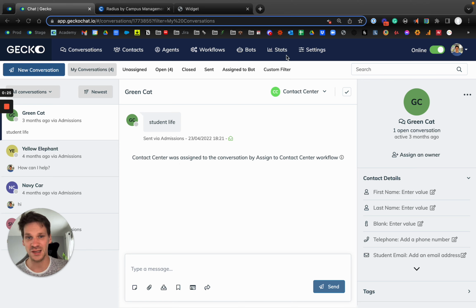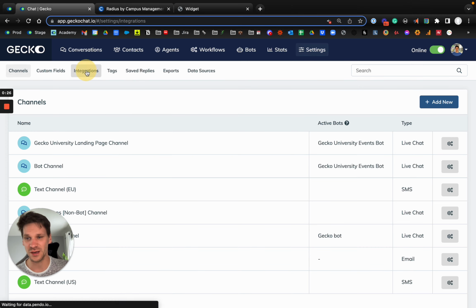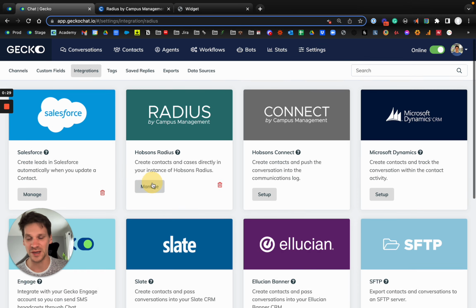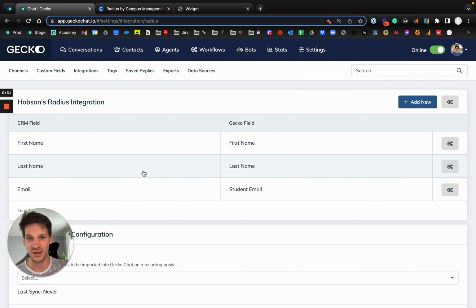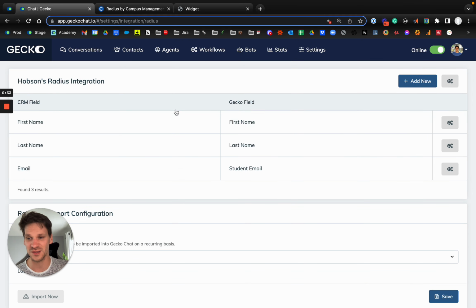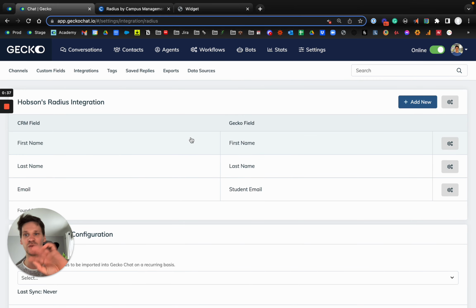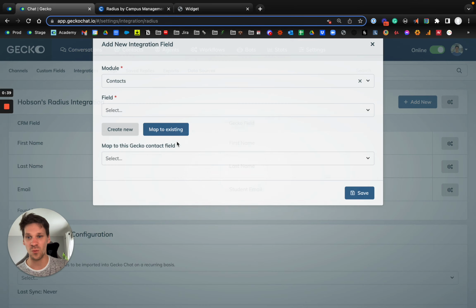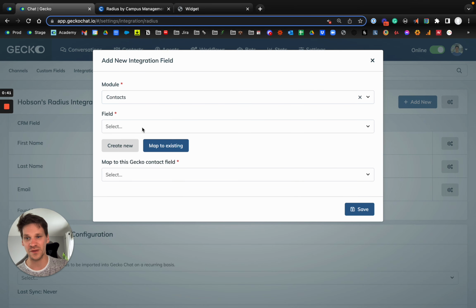So we have our chat instance here. It's worth pointing out that it's a very vanilla integration in the respect that the only things we've done is set up a first name mapping, a last name mapping, and an email mapping. So we're not telling Gecko to push data anywhere else, but if there were other modules or fields within the